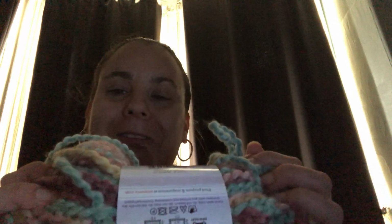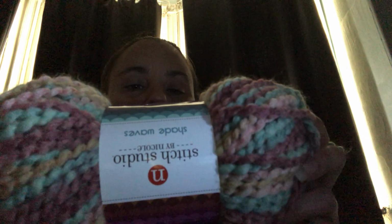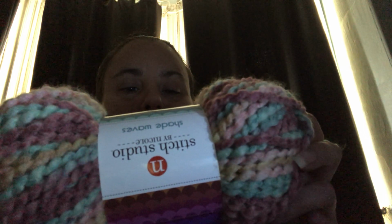And this is a texture. And normally I do not like textured yarns, but I love this color, and they only had one in the bin, and I thought this is enough to